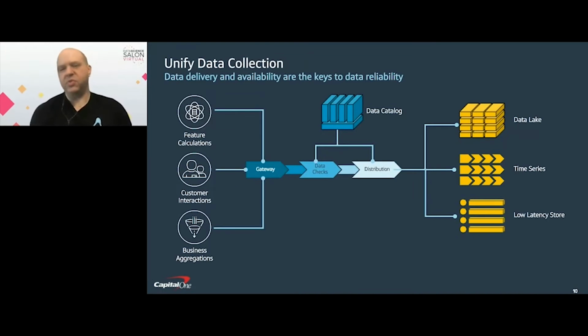So one of the first ways that we can help accomplish this is to get rid of that pattern where we separated out all of the different ways that data was collected. So in the original diagram, we saw data being generated in multiple different places and kind of stored in the convenient patterns based upon where it came from. One of the first things we want to do is unify that data collection. So try to make all of the data that you are generating go through a central location.